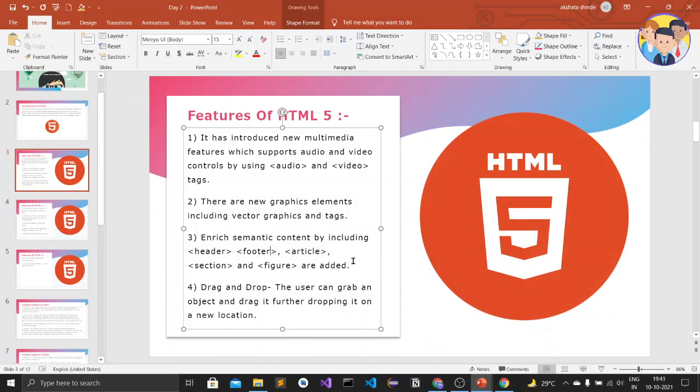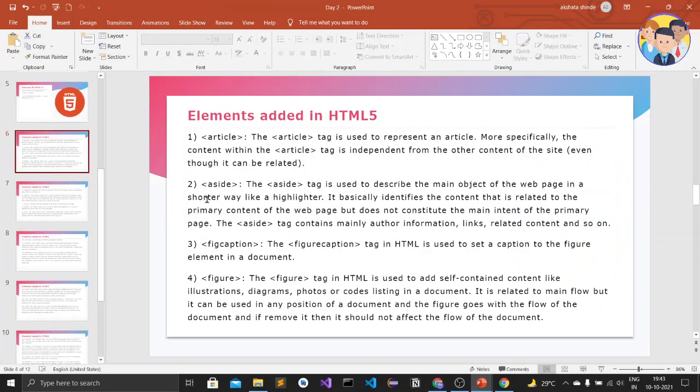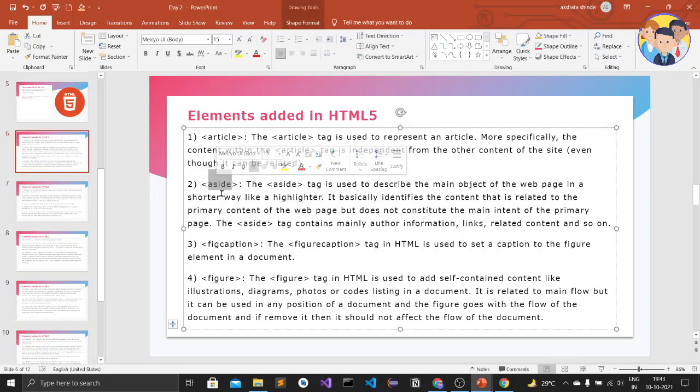This third point was about that only, and aside is also like that only. Figcaption. The figcaption is used to set a caption to the figure element in the document. Okay, means add a heading to the figure element in the document.